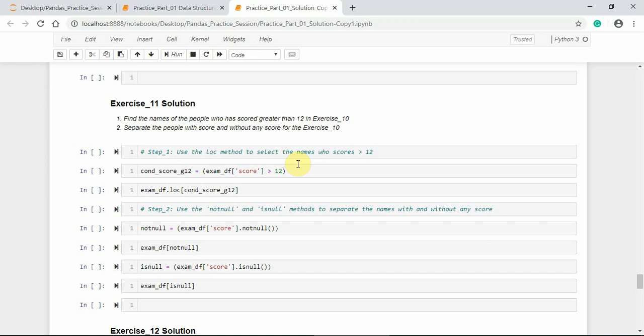So let us create a condition with greater than 12, that is on the column score. Let us pass this condition onto the data frame with the loc indexer.